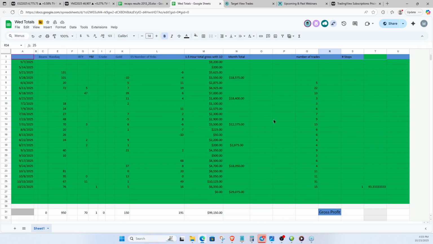That pays for the subscription pretty easily. So even if you only came on Wednesdays, even if you only came to the last 15 minutes on Wednesdays, or this meeting, Wednesdays or Thursdays, whenever I do this meeting, it's usually Wednesdays. Even if you only came for the last 15 minutes of the meeting, you'd be able to pay for that and make some money.